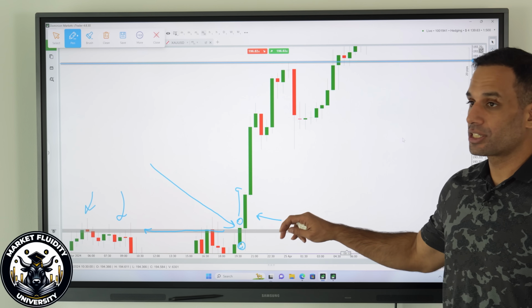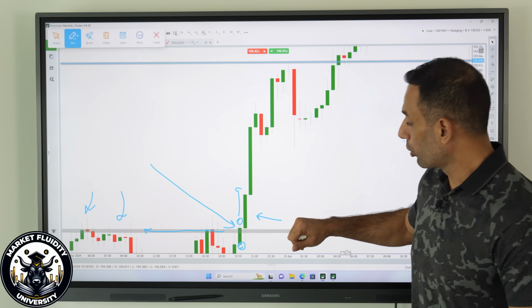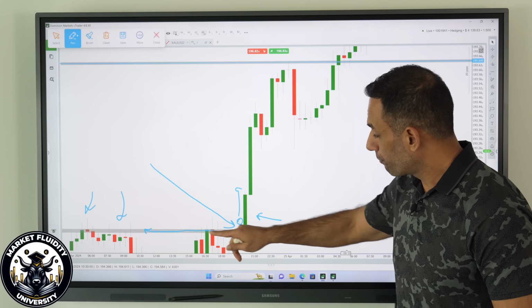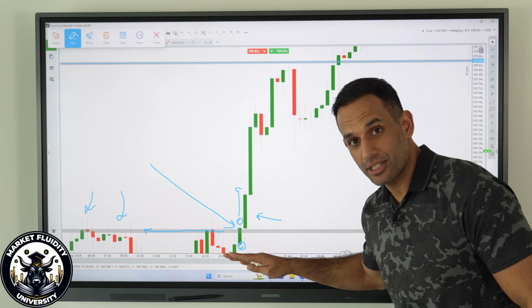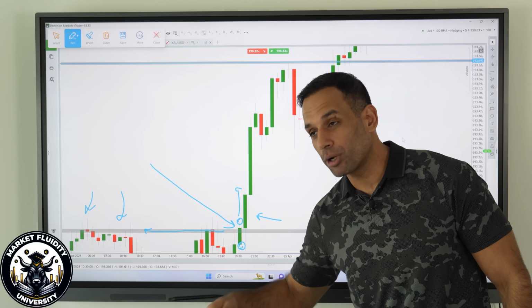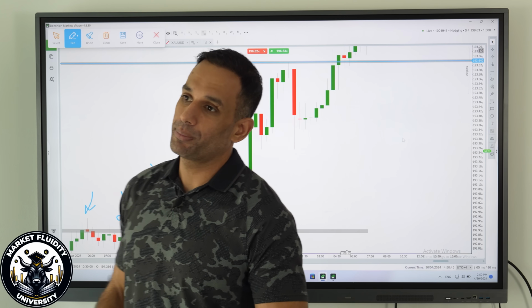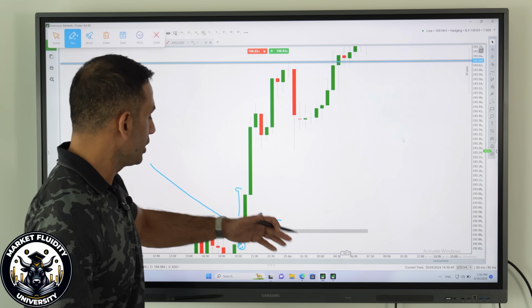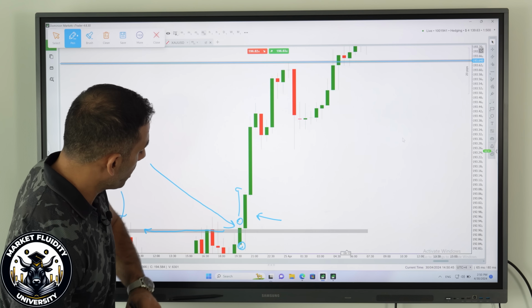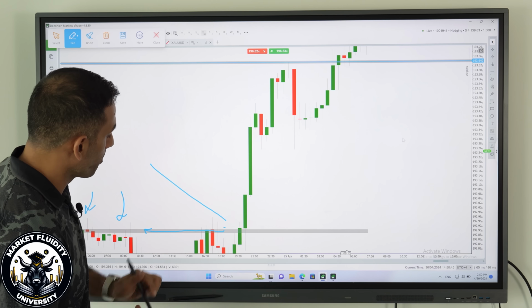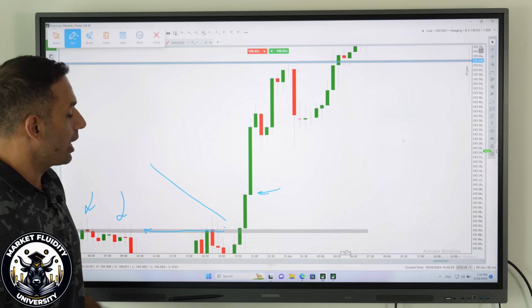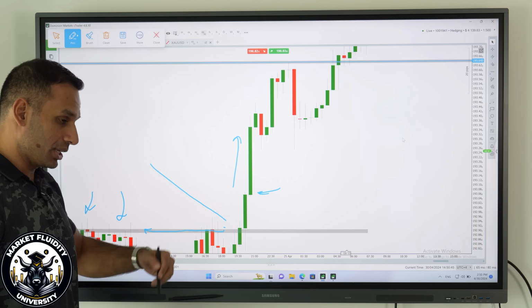Now this is the first scenario where someone can say, okay, I'm going to wait for price to break above resistance, and then I'm going to take a buy. I'm going to wait for the candle to close, and then I'm going to take a buy. What happens is sometimes the candle just continues pushing up. So I remember in our community, there were some people who took buys right over here, anticipating price to move up, and we did move up.